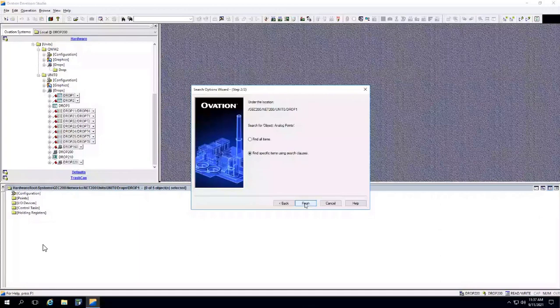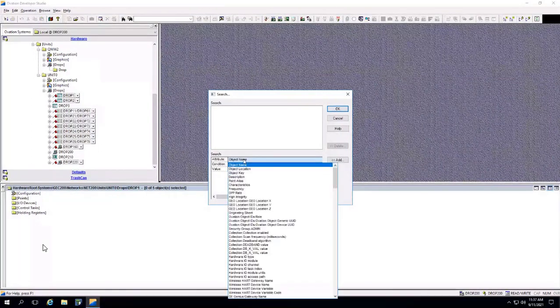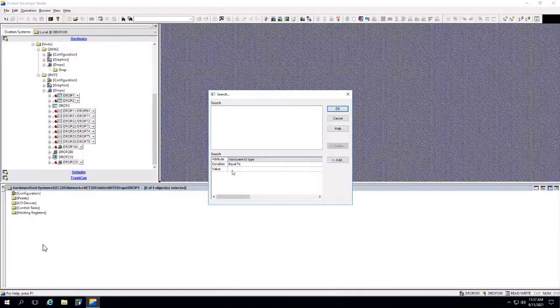In the bottom, you can write the filter, that in all the analog points, what kind of filter do you want? Say I want to add a filter that for all the analog points, the hardware IO type is equal to Ovation. This way I will get a list. I will add the necessary filter.